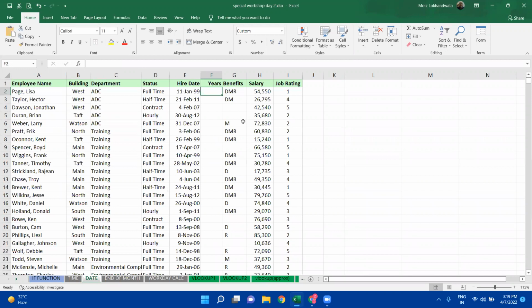This is something very interesting we need to understand. What is happening here? There is a hire date. As I said, I want to calculate the number of years that this fellow has worked in my firm. So how do I calculate that? =DATEDIF. DATEDIF is a formula where you can